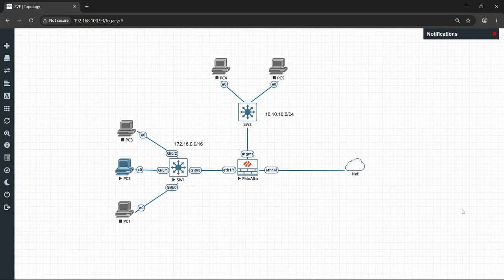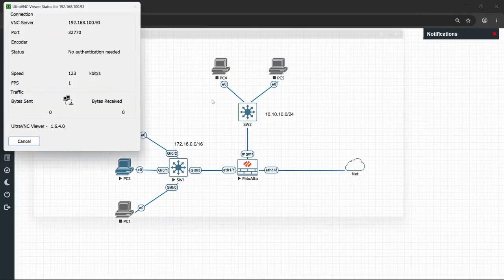Next, I'm going to assign zones and IP addresses to all of our active interfaces and also create a virtual router that teaches the firewall how to route unknown internet traffic. And for the users to be actually able to browse the internet, I'm going to set up a many-to-one NAT using PAT, set up DNS, and finally I'll create a security policy that actually allows the traffic to pass through our firewall. So we'll start by enabling our firewall